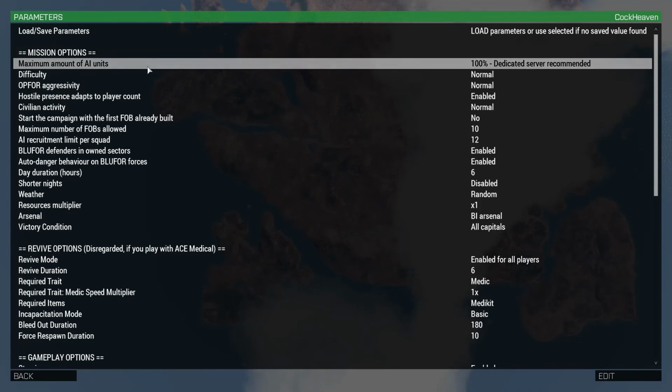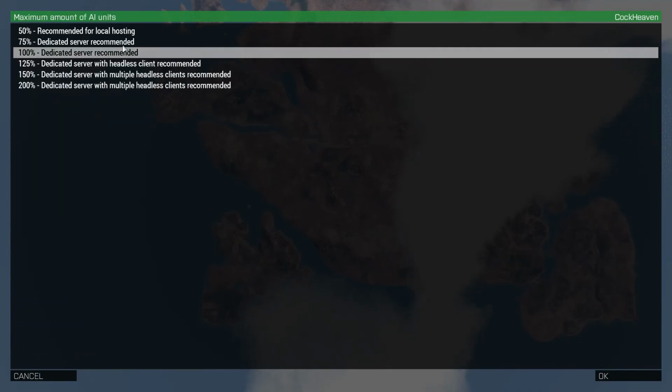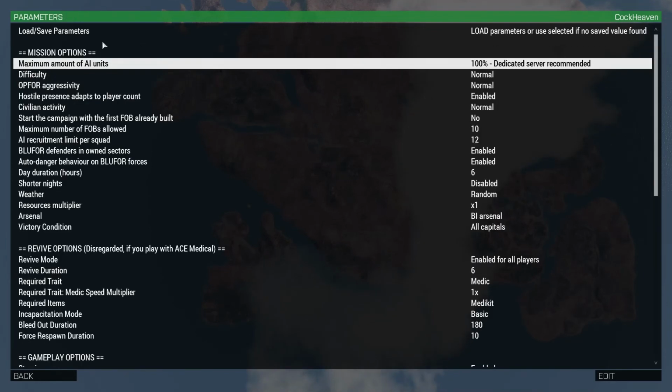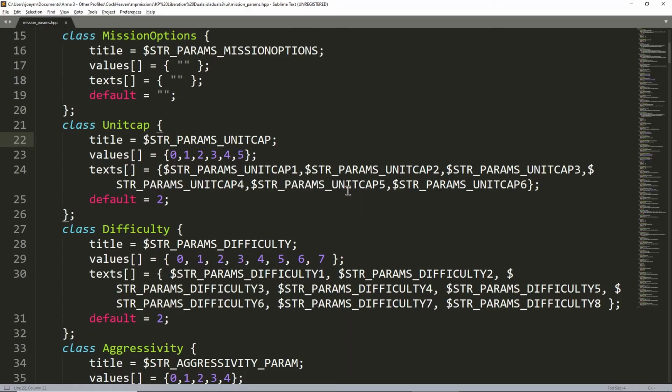That's the maximum amount of AI units. I have this set to 75%. You don't want to go too much higher than 125. You're going to start experiencing, first of all, it's going to be super difficult because there's going to be a ton of guys. And then secondly, it's going to start loading the server. 75 is really good because CSAT, or the AI, is going to throw a bunch of force multipliers at you anyway. So I recommend setting that to 75, which corresponds to